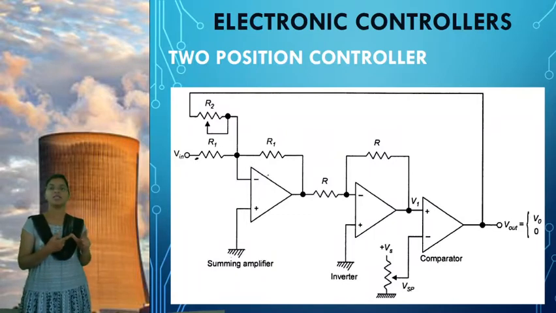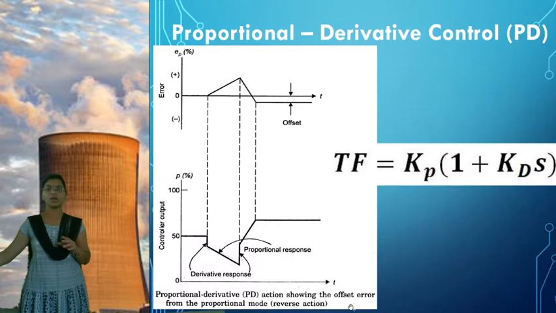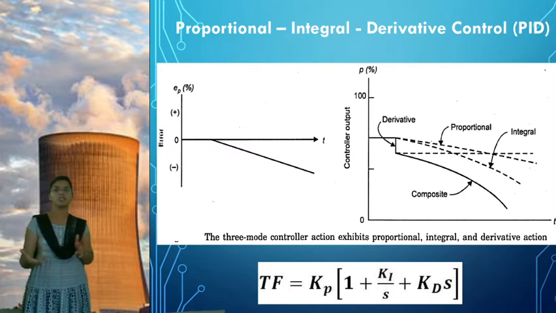In the individual modes, that may be proportional to the error, that is the proportional controller mode, or the integral controller mode or derivative controller mode. Any minimum of two controller modes we add together make the composite controller modes. First one is proportional integral, proportional derivative, as well as proportional integral plus derivative. So we finished all those things. We got a clear idea of which type of action we are going to take.